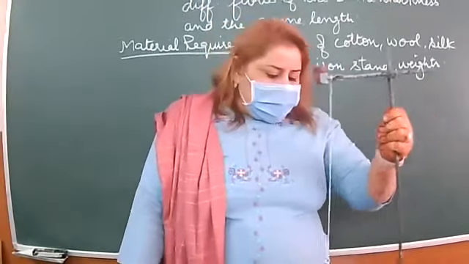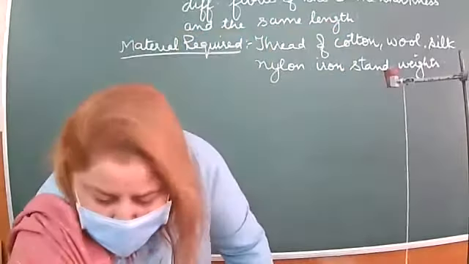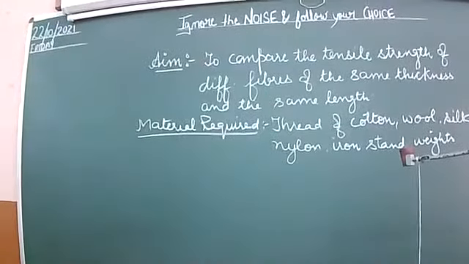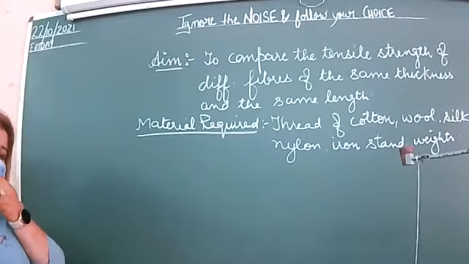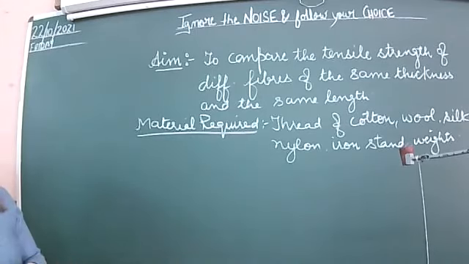Now what we have to write down in the procedure, you will write like these things. You can note down: take a cotton thread. Tie one end to the clamp and hold the weight. Then you will see the observation, and on the other side you will write down, take another thread. I will send the pic. Is it clear? Activity is clear.